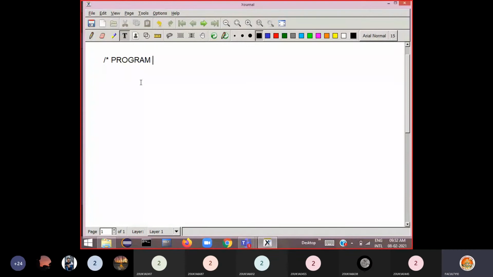So, program for multiplication of two matrices. Okay, so first let us discuss how it can be performed mathematically, then we'll write the program. Okay, so if we have two matrices like A and B,